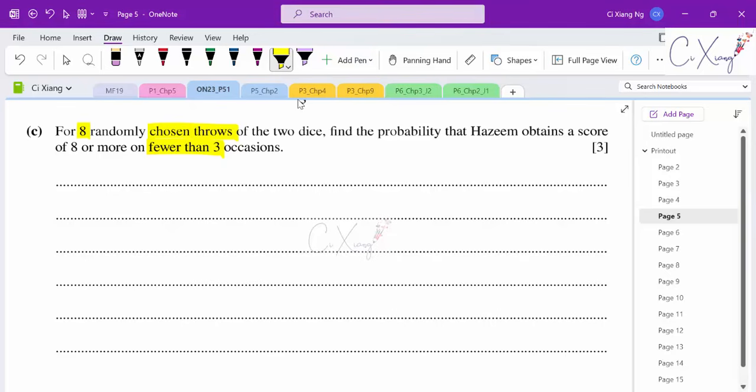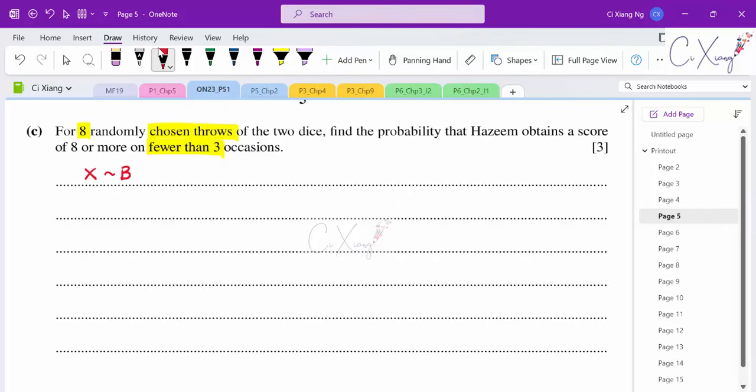So just now for part A and part B, if you try to observe the question, they are repeatedly throwing the two dice until you get the result that you want. For this question, they already have a fixed limit. That means you're having 8 throws, and then fewer than 3 throws, something happens. So for this kind of structure, with a limit on the number of trials, it is actually binomial distributed. I hope that you can observe the pattern and be aware that this is binomial distributed for part